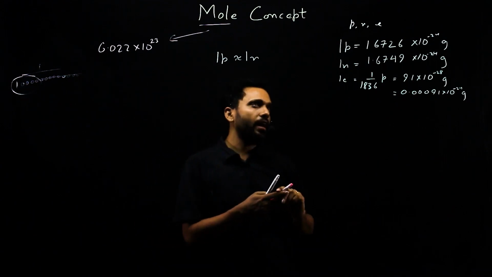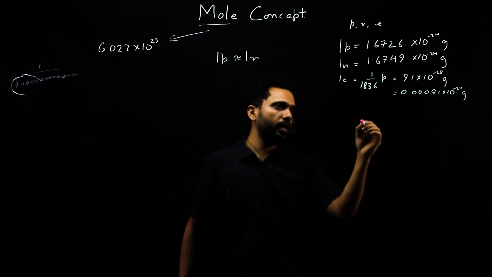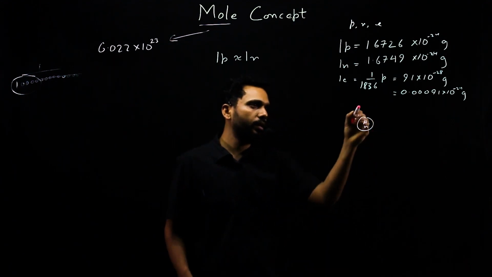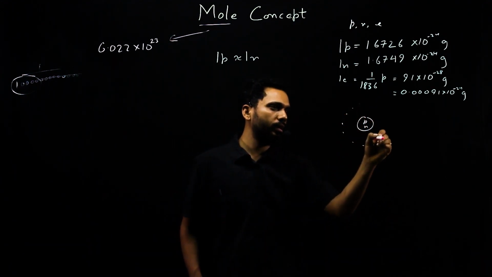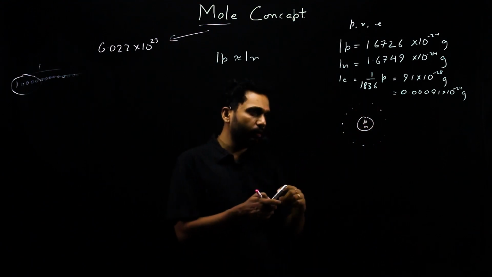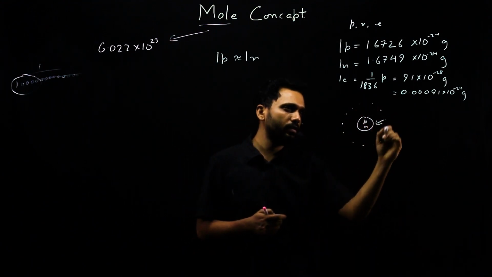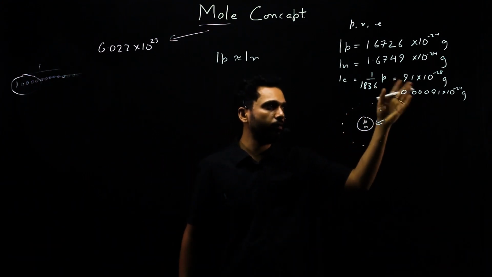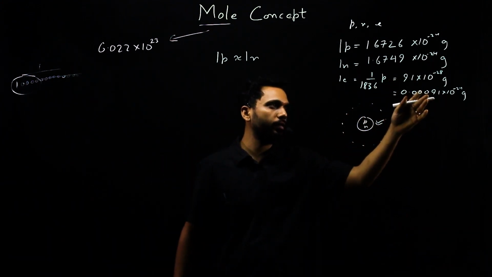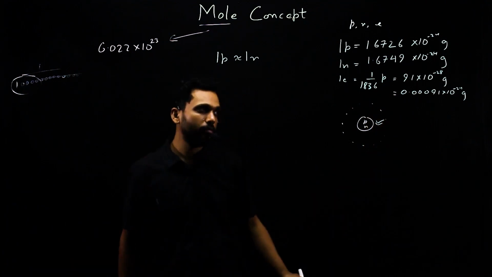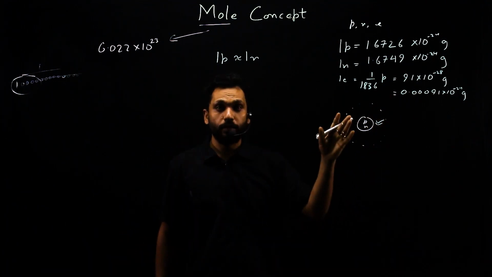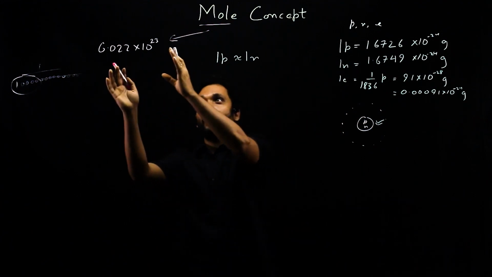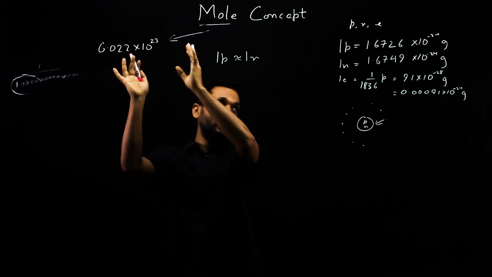So basically an atom's weight, an atom which is made up of protons and neutrons and electrons around it, is effectively the weight of the nucleus, because the electrons are too light. So even if you have 10, 20, 30, 40, 50 of them, it is going to make a difference only after 2 or 3 decimal places. So basically the weight of the nucleus would be the weight of the atom. Now I hope you see why such a big number, why 10 power 23 and all.